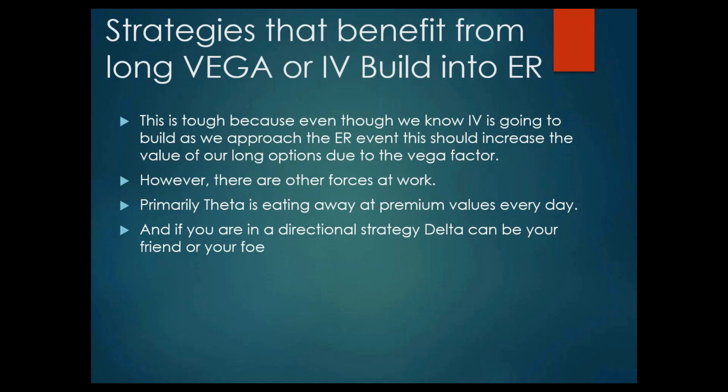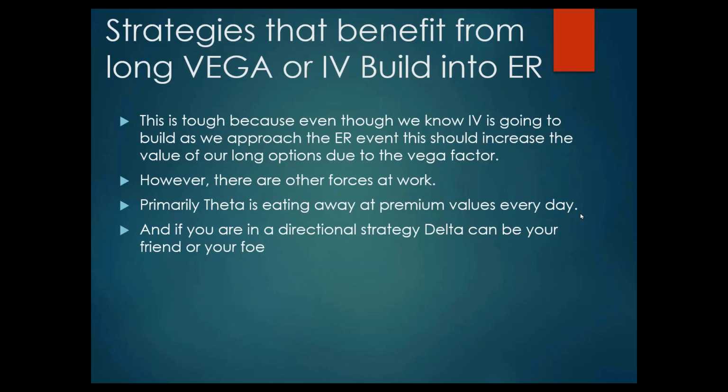This is tough, I say, because even though we know IV is going to build, we've seen it on the charts, we've seen it in the studies. As we approach the earnings release event, this should increase the value of our long options due to the vega factor. However, there are other forces at work. Primarily, theta is eating away at premium values every day, and increasingly so as the days get closer and closer